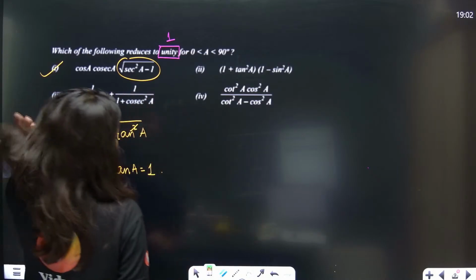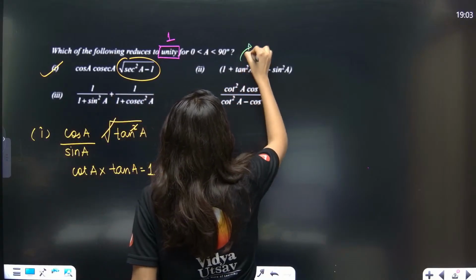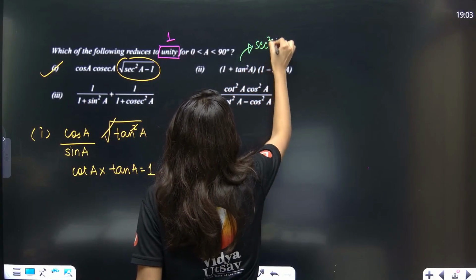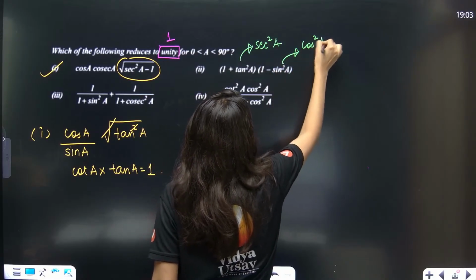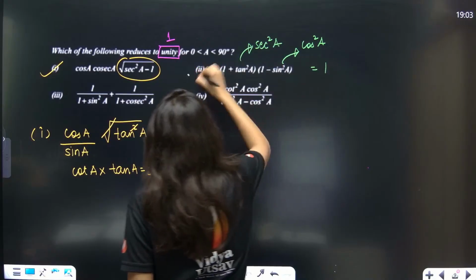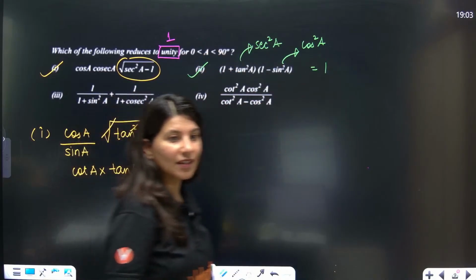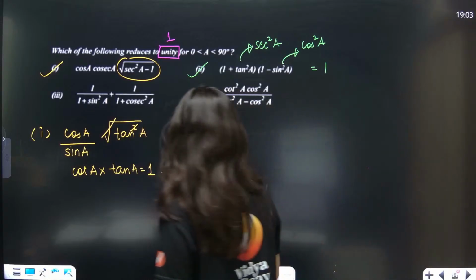Okay. Yes. Now 1 plus tan square and 1 minus sine square. So 1 plus tan square A is directly sec square A. And 1 minus sine square A is directly cos square A. And these two are reciprocal of each other. Sec square into cos square is 1. So this is also unity. Are you guys doing it with me? Yes. Now third,